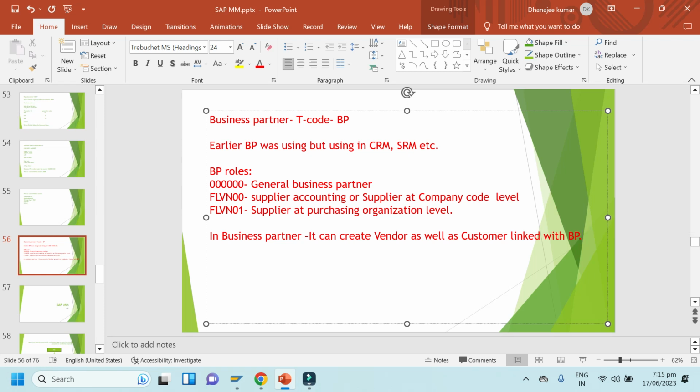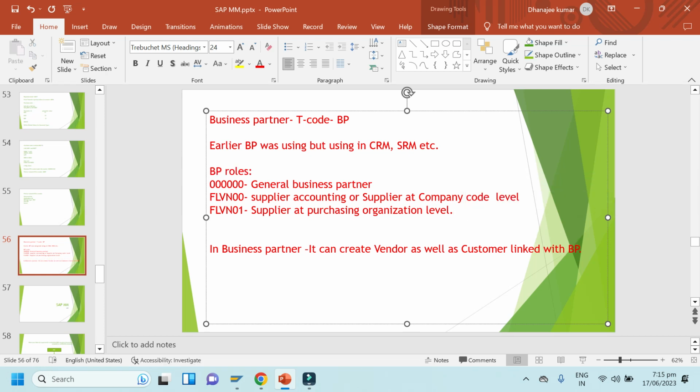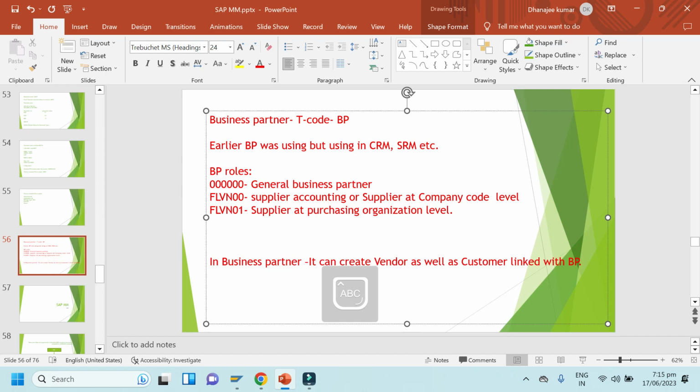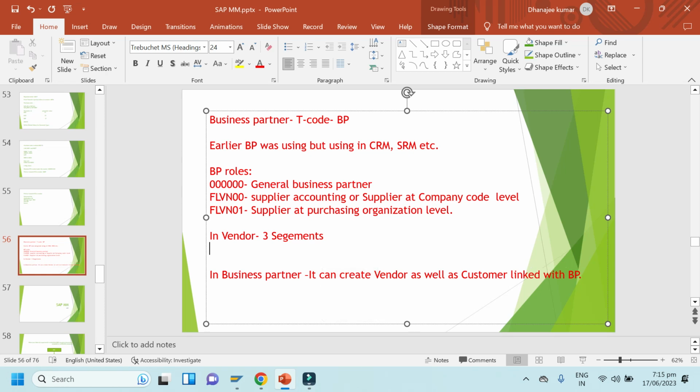So the business partner T code is BP. Earlier BP was used, but in CRM and SRM etc. So these are the BP roles. Sometimes in interviews they can ask what the BP roles are. So if you compare with vendor master, I'll show you here. In vendor master we have 3 segments, right? We can call them segments or parts, 3 parts. So first is